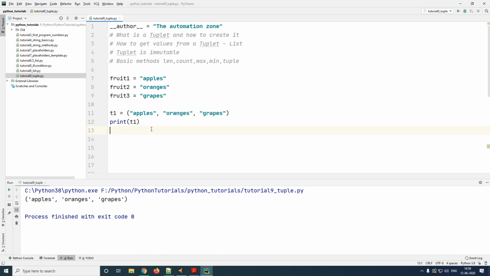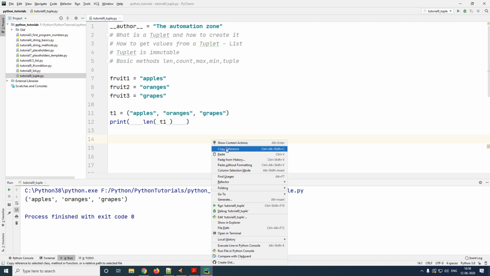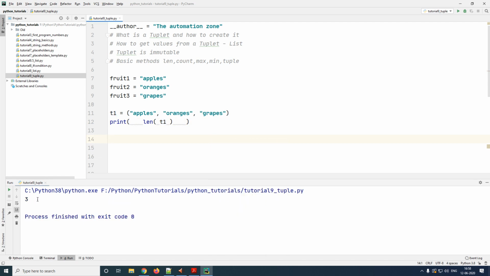We will now look at a few basic methods which are used when dealing with tuples. These are given above. The first one we'll look at is len. So let me give a few spaces so it's easy for you to view it. To use len, give len, and inside of your brackets, you have to type in your tuple. Now len is going to give you the total number of elements which are present inside of your tuple. When you run it, you shall see the output is 3 because my tuple has got 3 elements. If it had one more element like this, the output would be 4.